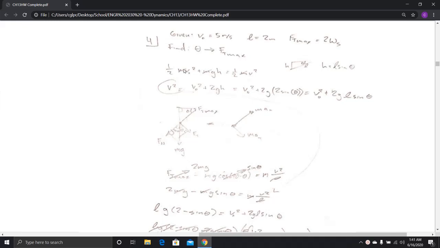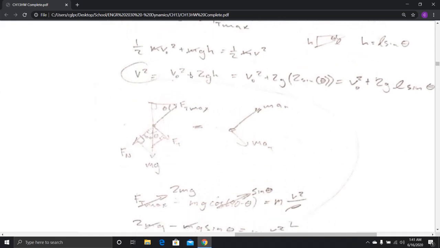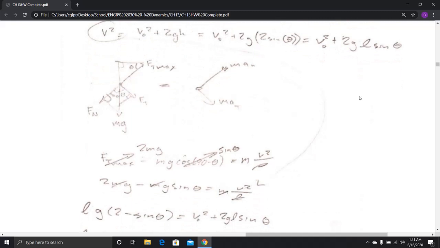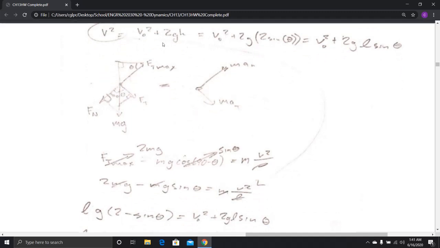I realize that the kinetic energy plus the potential energy is going to be transferred into its final kinetic energy. I'm able to then solve for its final velocity, realizing that h is just going to be the sine of theta times the length of the rope. I then draw this diagram,